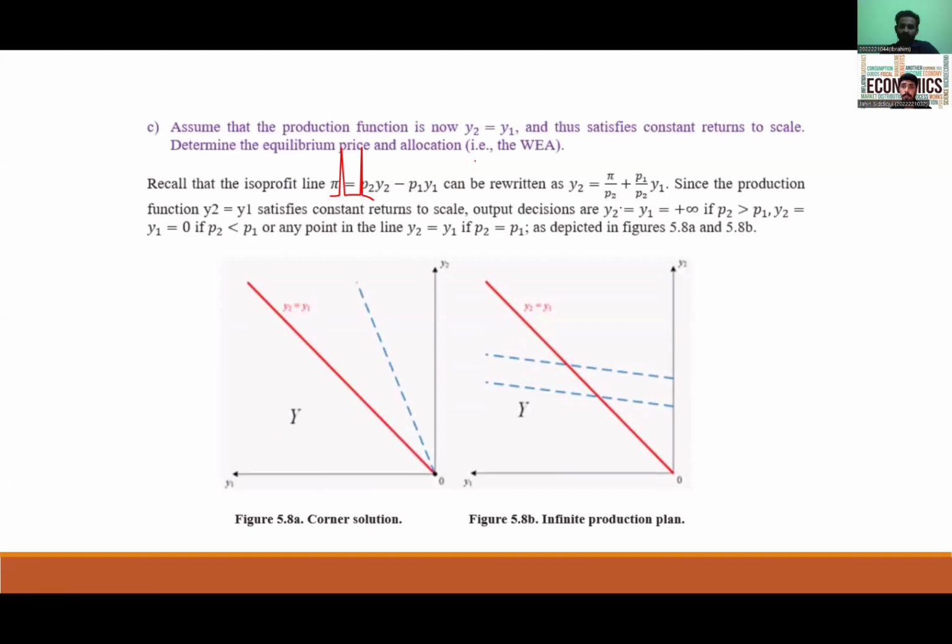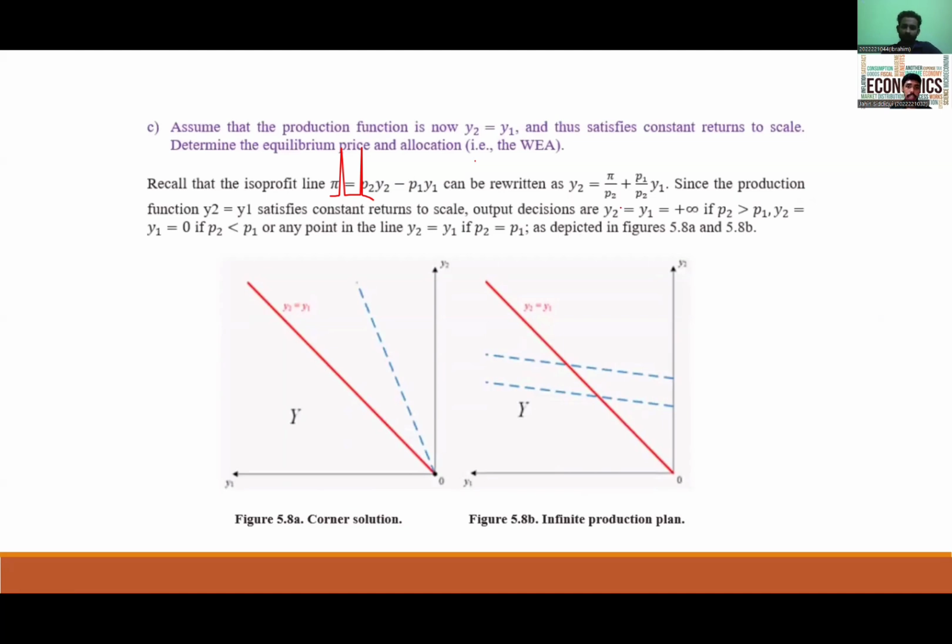And if price P2 is greater than P1, then y2 is equal to y1, where P2 is our final product's price and P1 is our input price, as we have discussed in our question. P1 is the input good for producing P2,